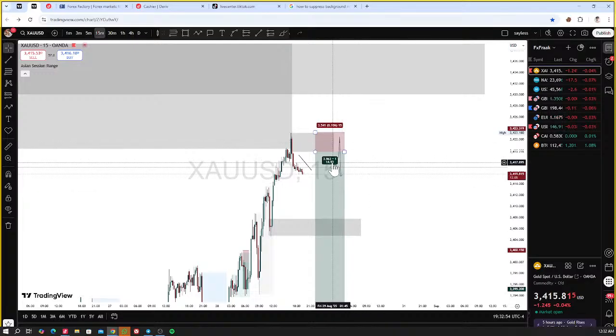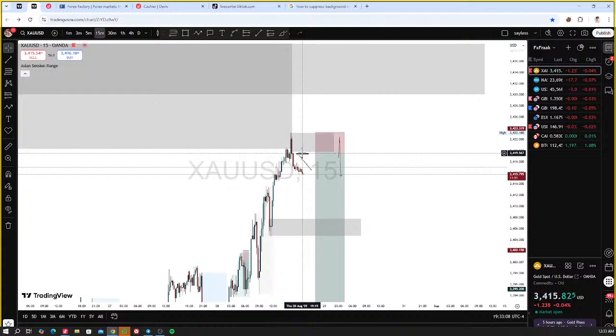It's a confirmation entry because we are in an uptrend. You cannot be setting limits on an uptrend. Like you cannot be setting sell limit on an uptrend. That's dangerous, bro. We need to wait for it to pull back into it. If you really want to try, my entry will be at around